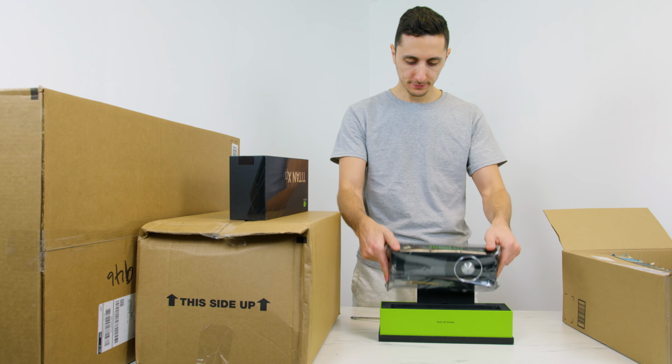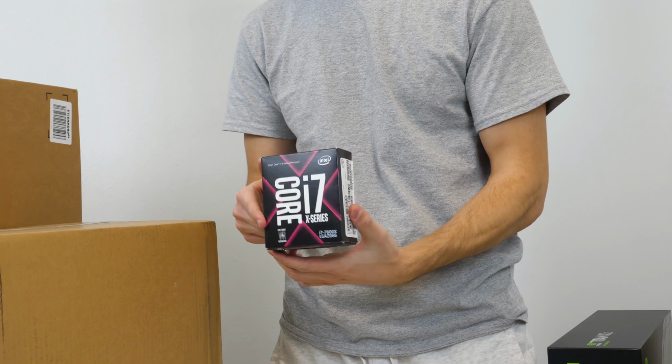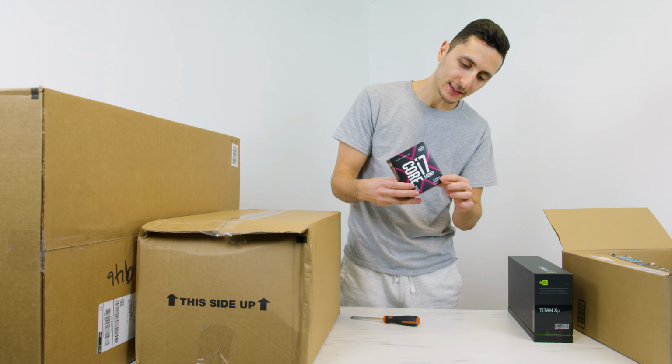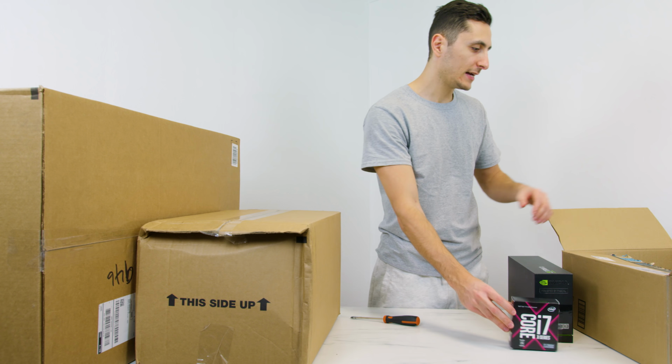Go for it. The processor he is going with, we've got a brand new i7-7800X. This is a 6-core processor clocked at 3.5 gigahertz. Of course, I'm going to overclock it as much as I can. And last but not least,